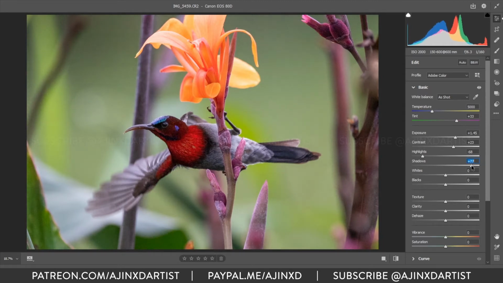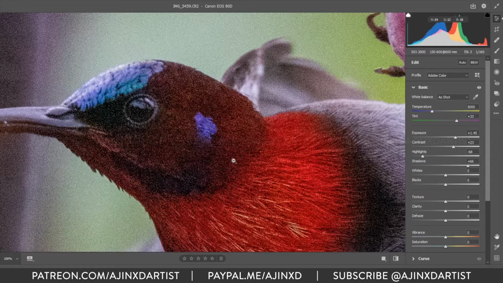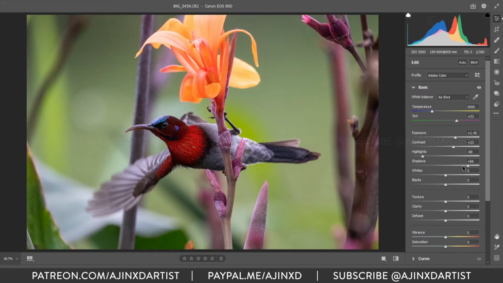As we were shooting this bird under a cloudy sky, he was not properly exposed, and I don't want a lot of noise, so still you can see there's a lot of noise here. ISO is at 2000, so if I would have gone any further, I would have lost all the details. I think this is fine. We'll reduce the whites as well. The blacks can stay the same, but if you want less darkened areas, then you can adjust the slider as well. I'll keep it at 0.